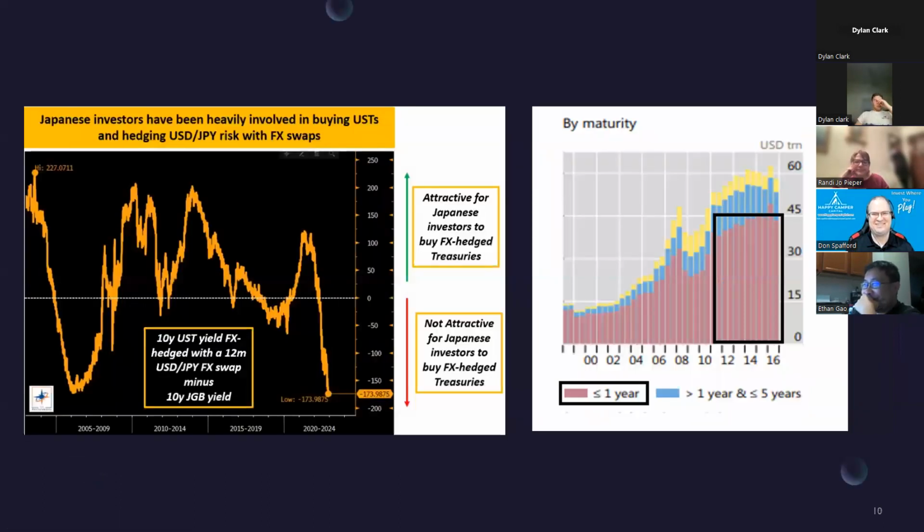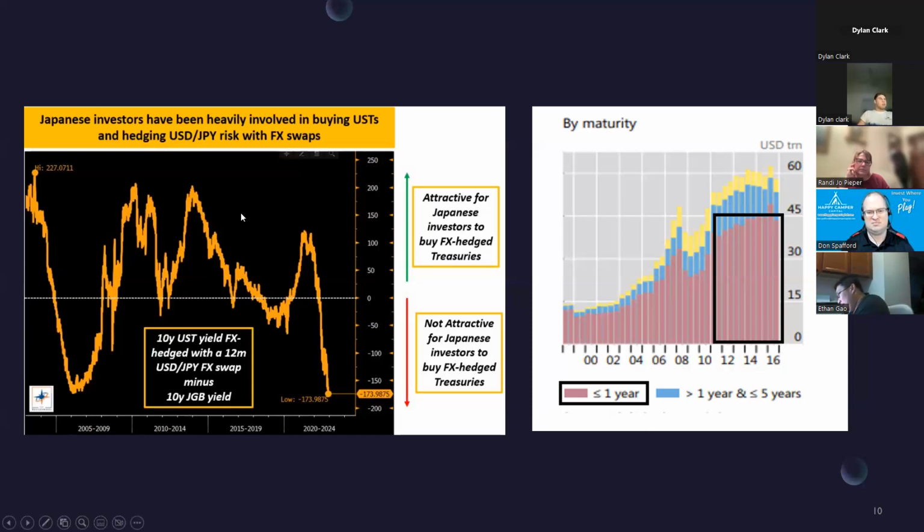But so let's go back to the Japanese insurance company because it's gonna make more sense for this. Japanese insurers were very heavily involved in purchasing 10-year plus US treasuries and funding their need for dollars in forex swap markets. So they would sell yen to buy USD, purchase US treasuries with it, and agree to pay back US dollars for JPY. For long periods of time between 2010 and 2020, it was a very lucrative exercise. They made billions, if not trillions, of dollars doing it.